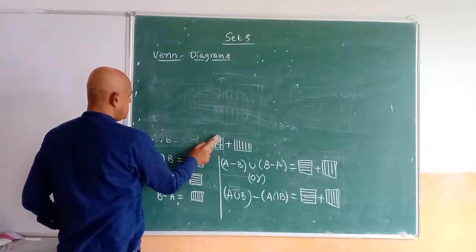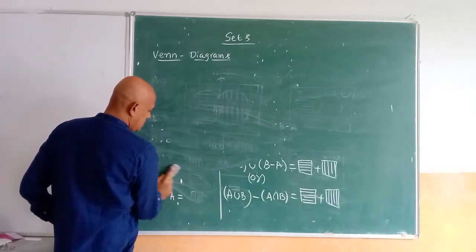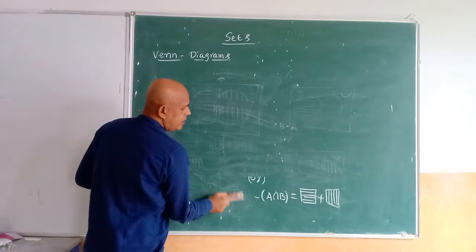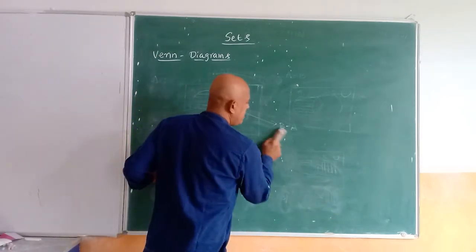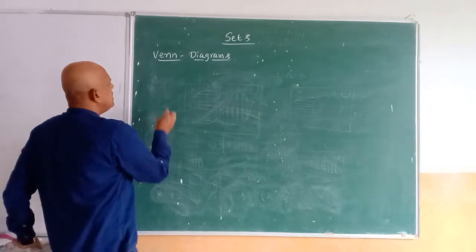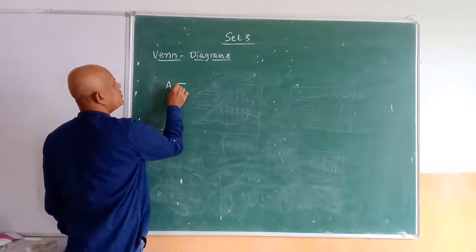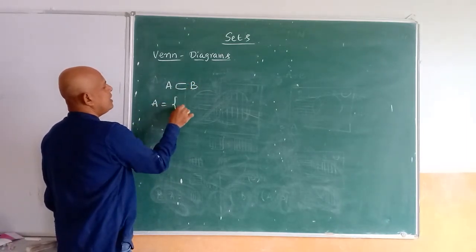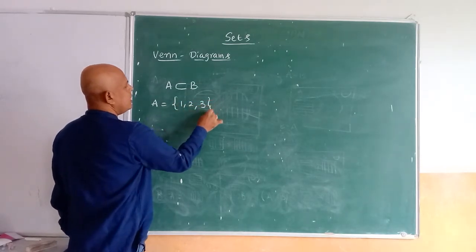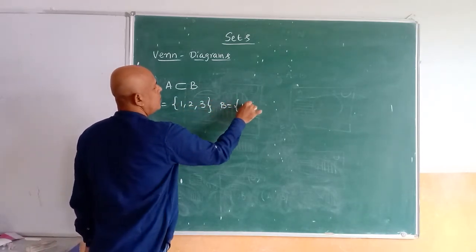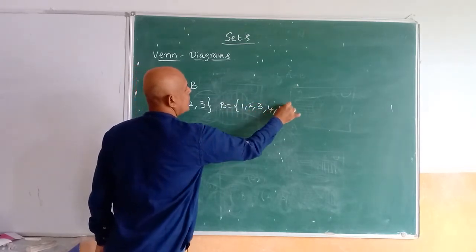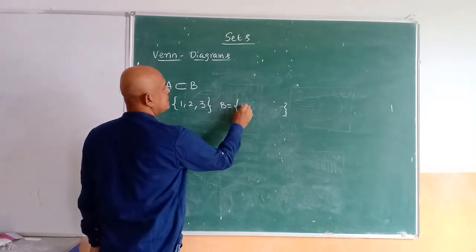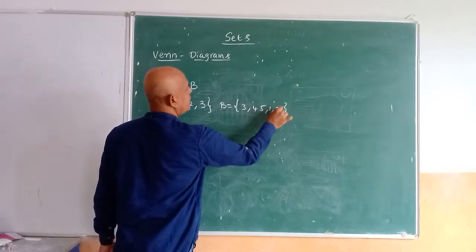Now one more concept, that is the subset. Subset means if A is a subset of B, then all elements of A are present in B. As we already studied in the previous class, subset is represented with the expanded U symbol. A is a subset of B. Suppose we take one example: A is equal to 1, 2, 3 and B is equal to 1, 2, 3, 4, 5. Order is not important. If we write the elements in another way, order is not important in a set. Suppose 3, 4, 5, 1, 2 also you can write.